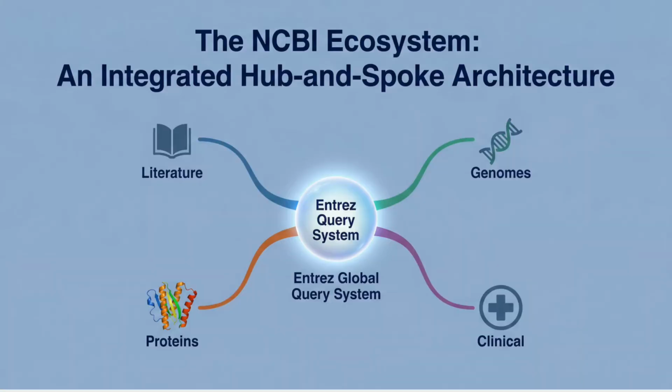Here we highlight the Entrez Query system as the central hub that links different data types into one searchable ecosystem. The diagram shows literature, genomes, proteins, and clinical data as spokes that converge on a global query engine, making cross-references and integrated searches possible so researchers can move smoothly from a paper to a sequence or from a protein to